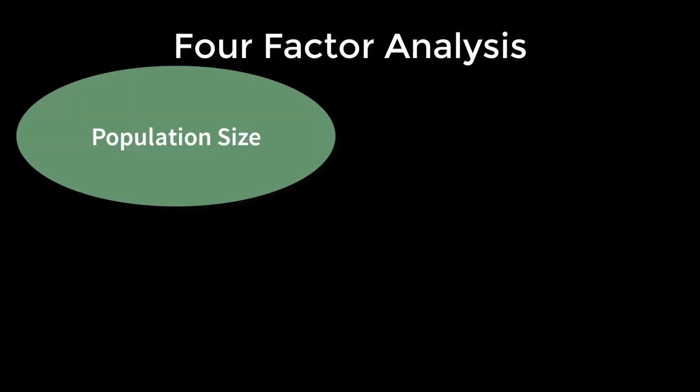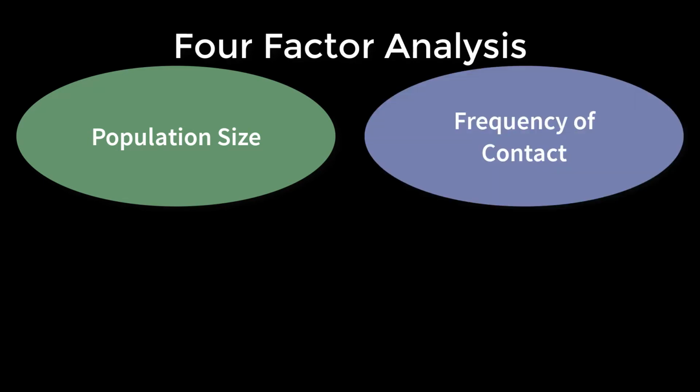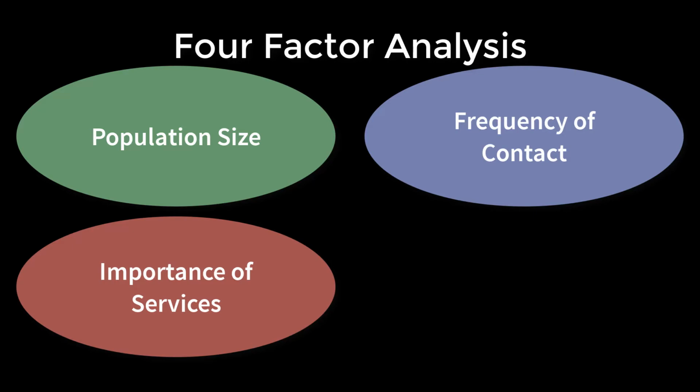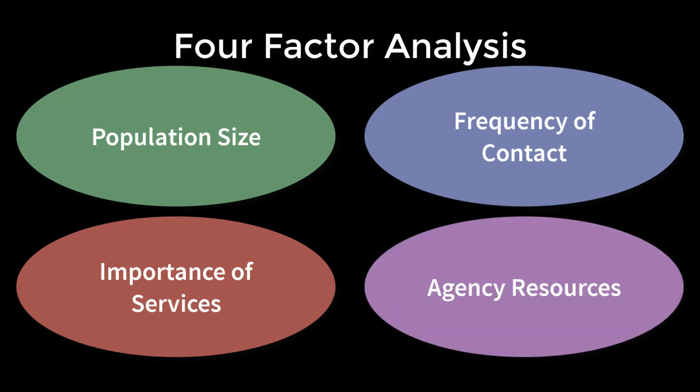The four-factor analysis looks at four main factors when providing translation services. The analysis looks at the size of the populations that are likely to utilize your agency's services, how often those services are needed, determines the importance of those services, and identifies resources for people with limited English proficiency. The four-factor analysis helps your local agency identify areas where your agency may benefit from improved communication. It also shows local residents that you are committed to providing the best services possible.